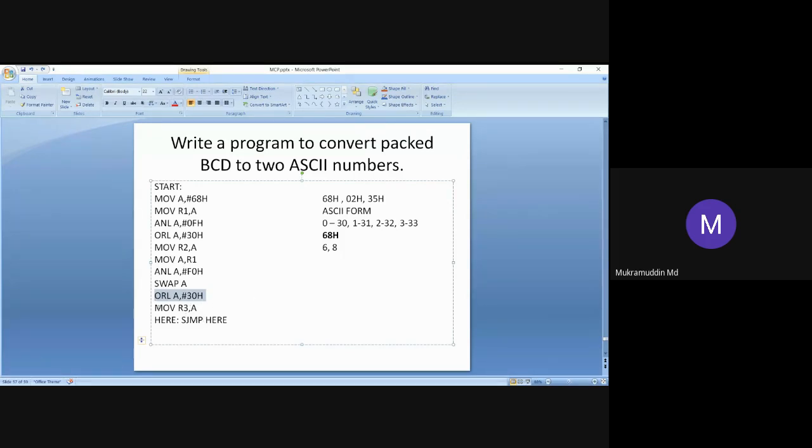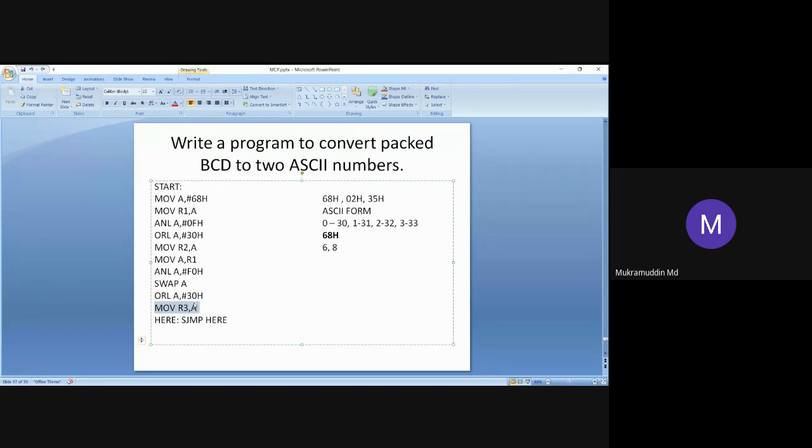After that we are moving the result into R3. So that 36 is moved into R3. Why are we moving this 36 into R3? Because A is an accumulator. It is having other words also. So whatever the value is there in the A register, it should be shifted to some safe place, because the value of A is continuously changing.